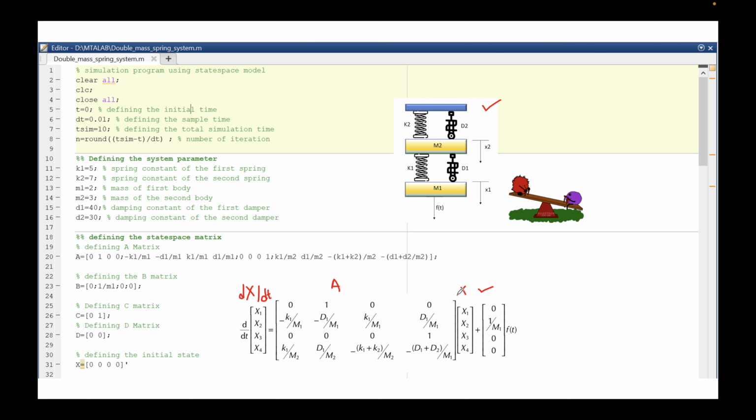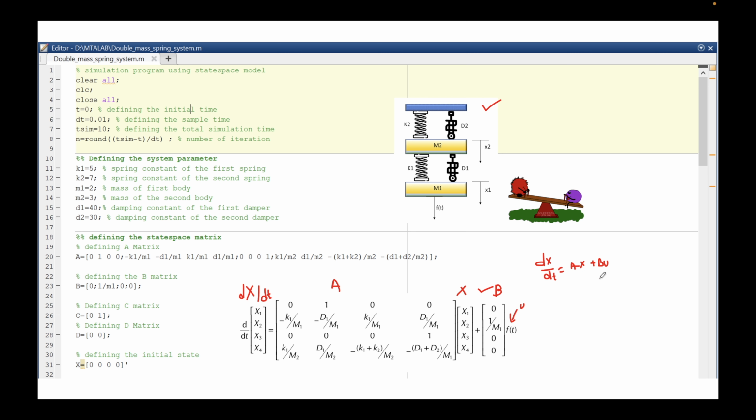This is the state, and this is the input matrix, and this is the input that is being applied to the system. So overall, the system equation in the form of state space looks like dx by dt equal to Ax